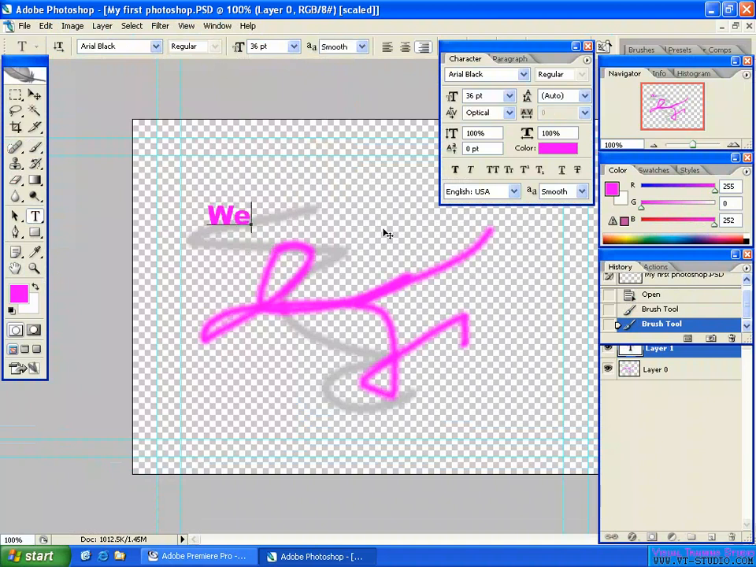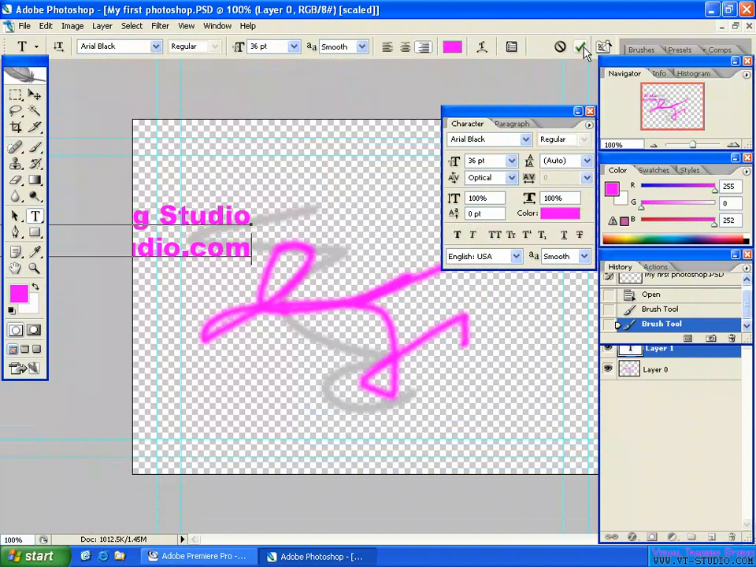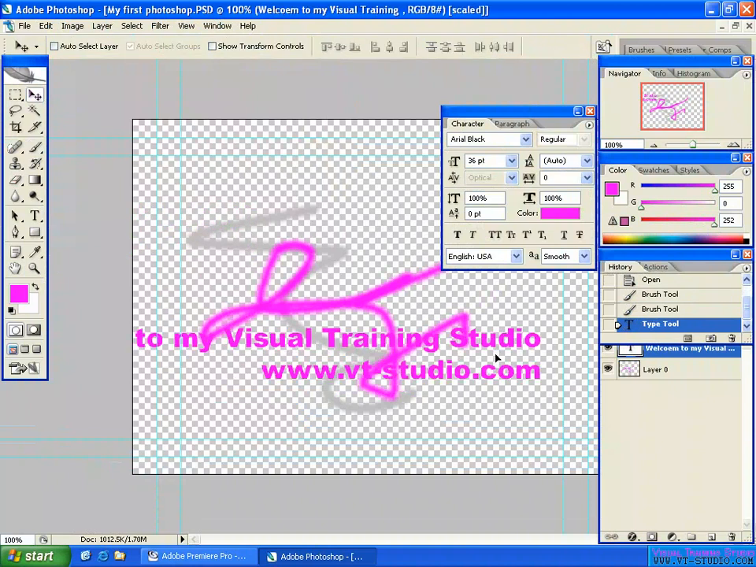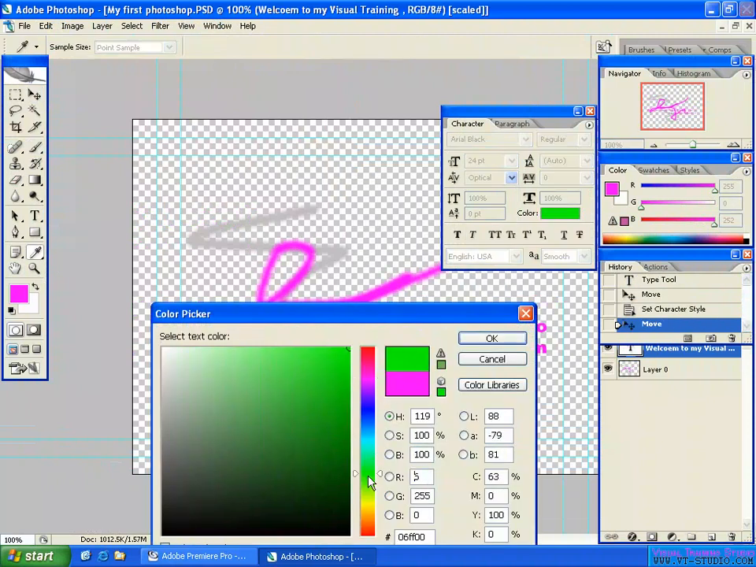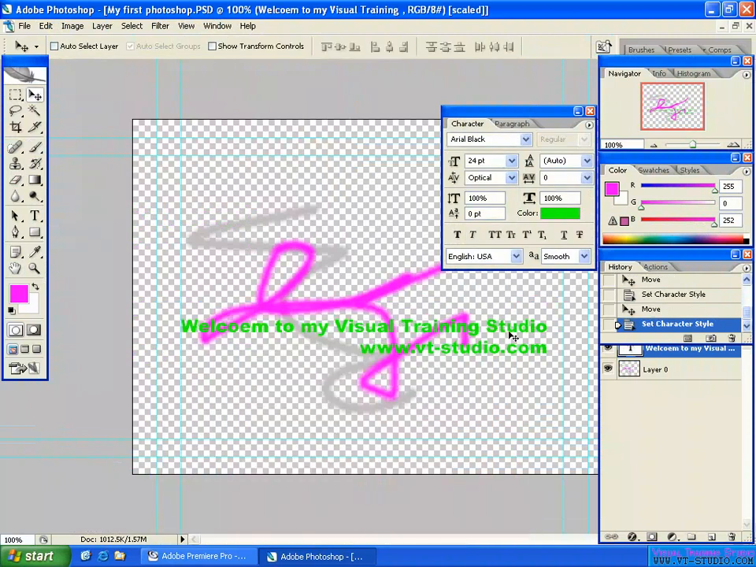Okay, welcome to my visual training studio, www.studio.com, like this. And too big. Like this, you can change the color, do all kinds of stuff you want